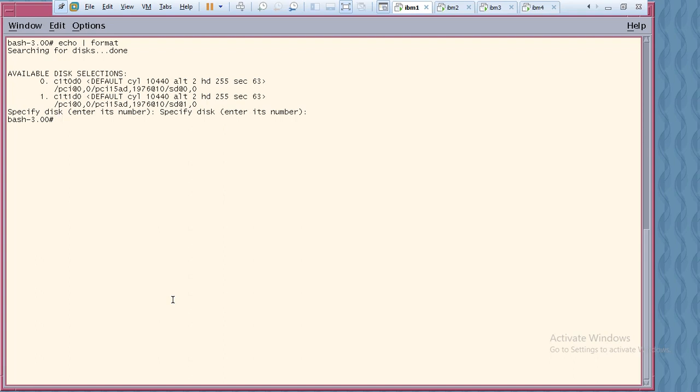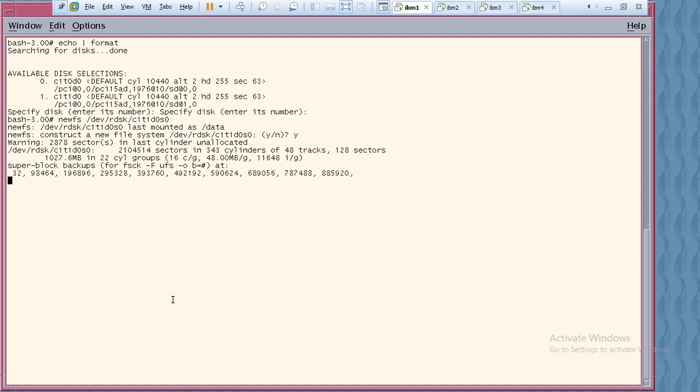Let's check 0. So what I'll do now, let me format it first. newfs /dev/rdsk/c1t1d0s0. Hit enter. It will be formatting. Now it's done. Now I want to create a directory,